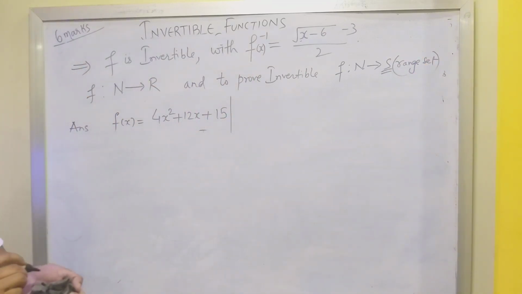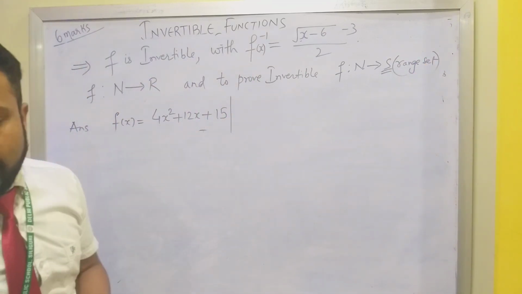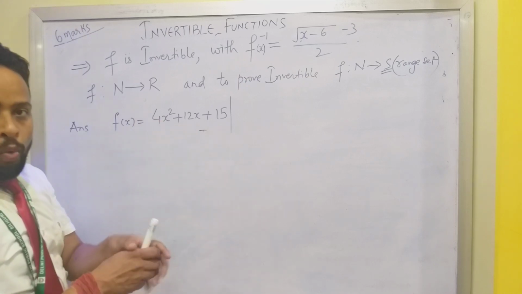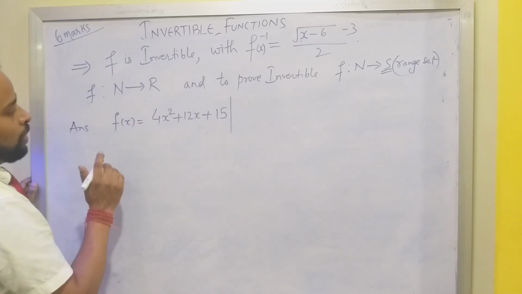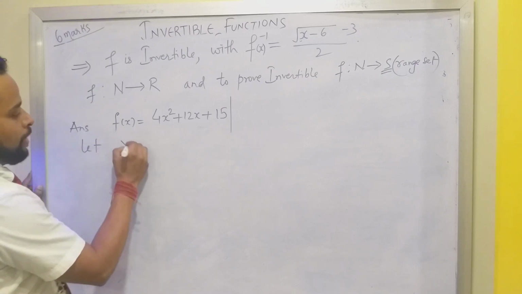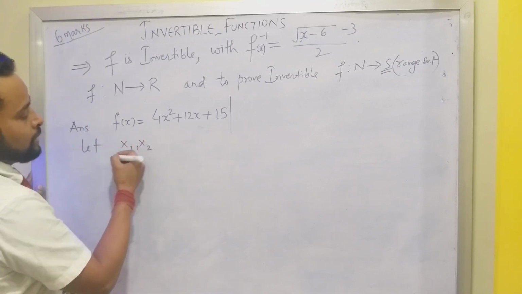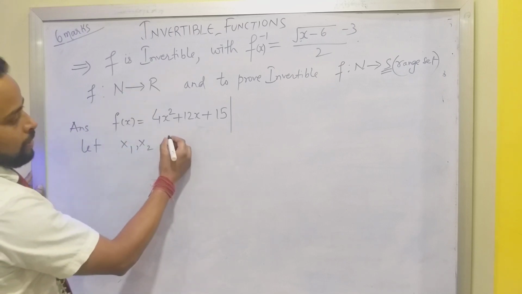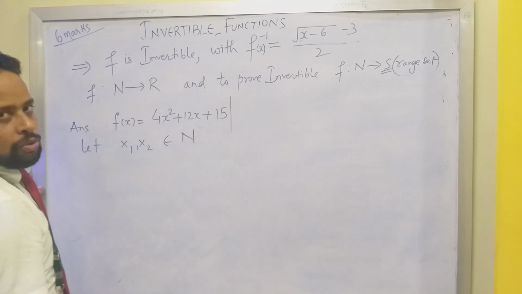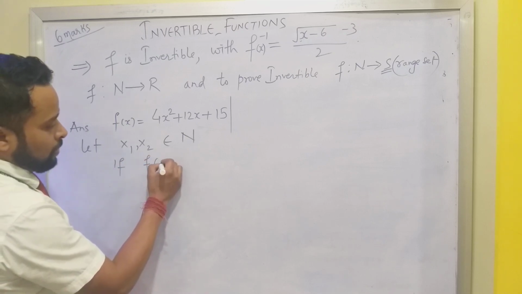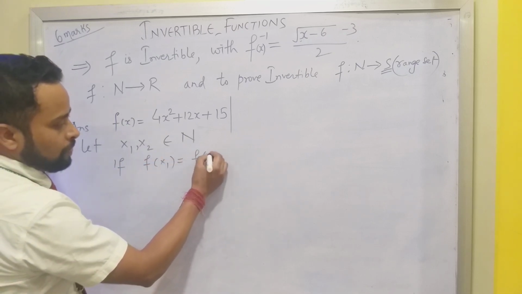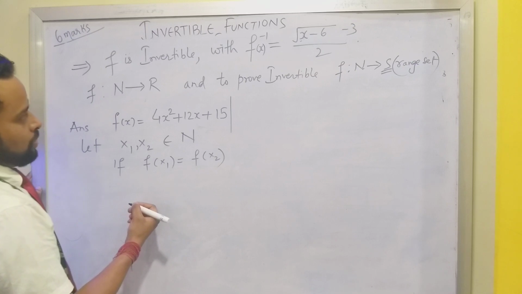So what I am doing is proving that the function is 1-1 and the function is onto. How do I prove the function is 1-1? Let x1, x2 belong to natural numbers, isn't it? If f of x1 equals f of x2